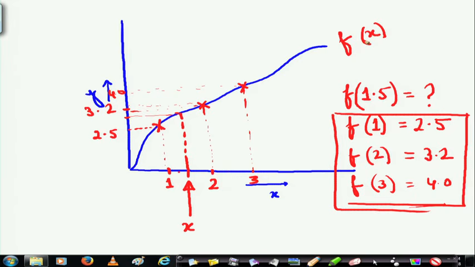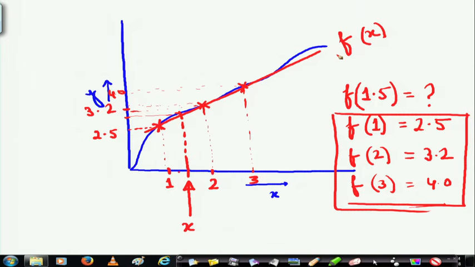I do not know whether the curve through these 3 points is something like this or the curve could be a straight line through these points, right. In that case, the value of y for this particular x would be different from this. So, I have to actually see what is the curve that best fits all these given points. This problem is known as interpolation.